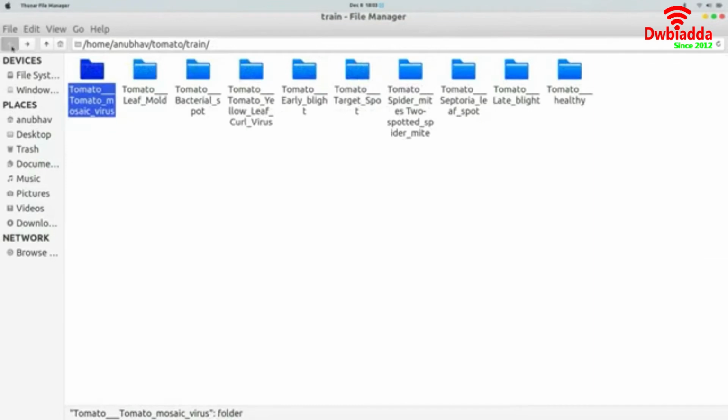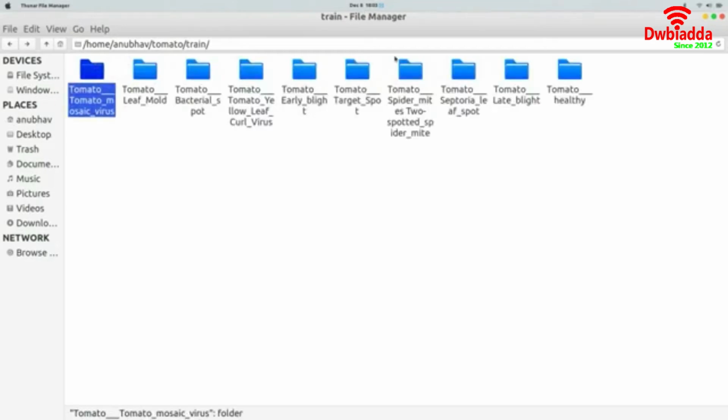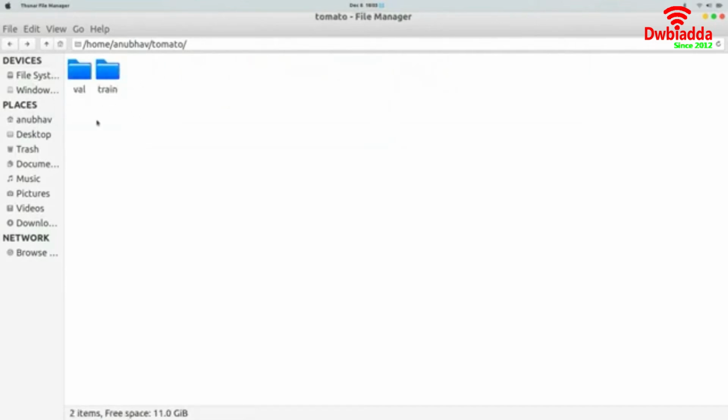Whenever you are working with convolution neural networks, keep in mind that your data set should be in the form of folders, one per class. If you have 10 different classes that you want to classify, there should be 10 different folders, each corresponding to a different class. We also have another folder, which serves as the validation dataset.